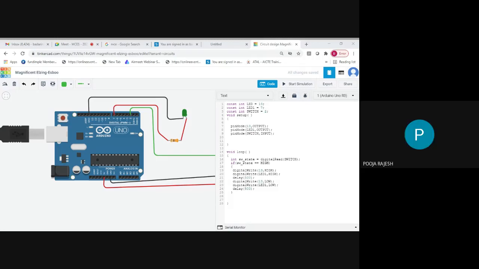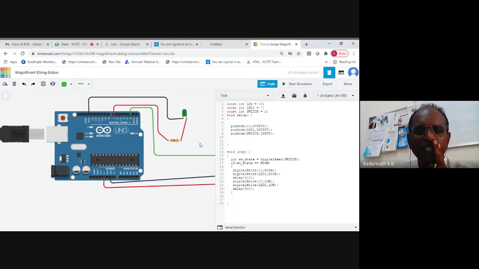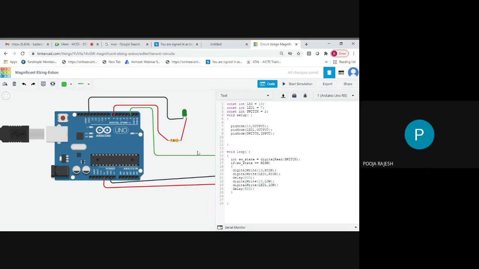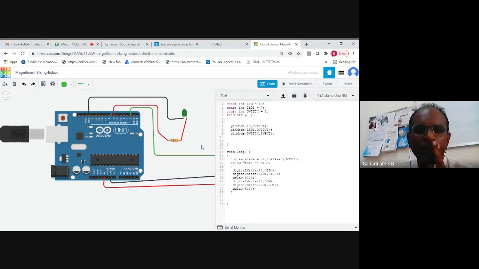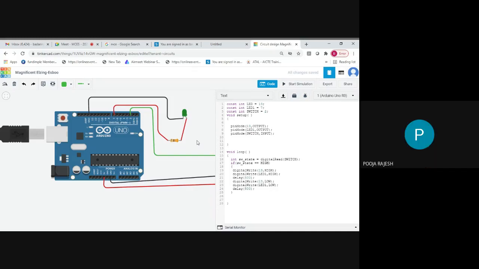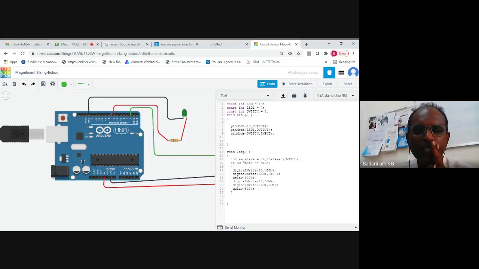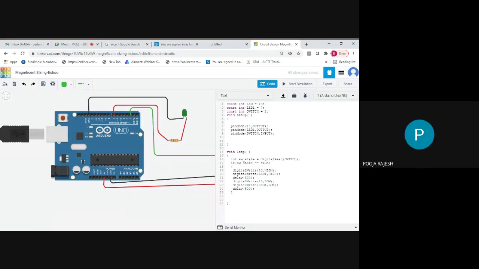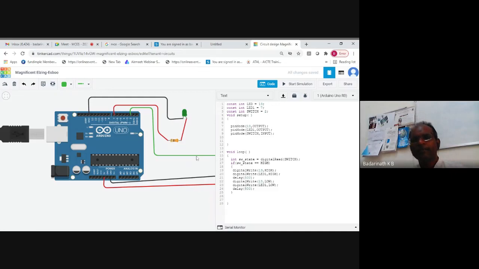Pooja Rajesh. Yes, sir, I'm done. Sir, I have a doubt: when we're simulating, do we have to continuously press the button for the LED to glow? Yes, we have written the logic like that. But you can change the logic. Develop the logic such that it toggles every time you press. If you press once, toggling should start. Press again the next time, toggling should stop. Develop the logic. Keep working on that. It's a good question. Try. You understood my question? Yes, sir, I understood. Yeah, you try that.